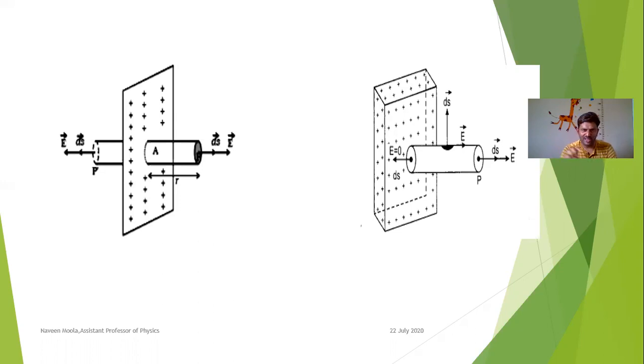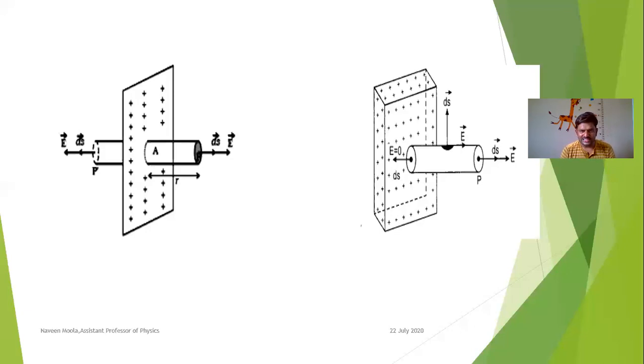If we keep these points in view and follow this structure, it will be very useful in calculating electric field intensity. In today's video, we saw the calculation of electric field intensity only, but it is also useful in the calculation of electric potential, because there is a relation between electric potential and electric field intensity. So we can even calculate electric potential using Gauss law.